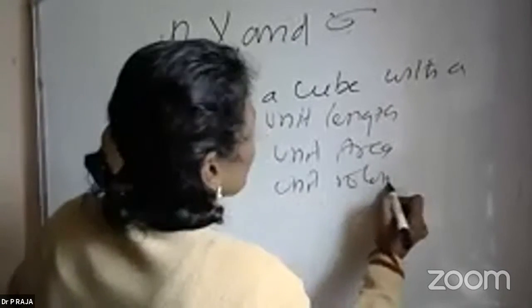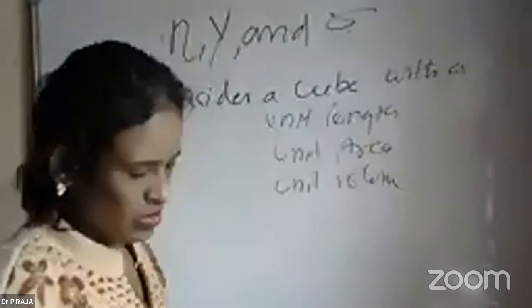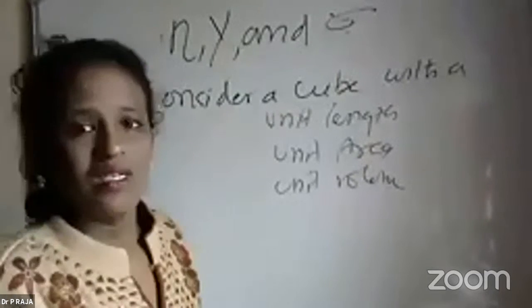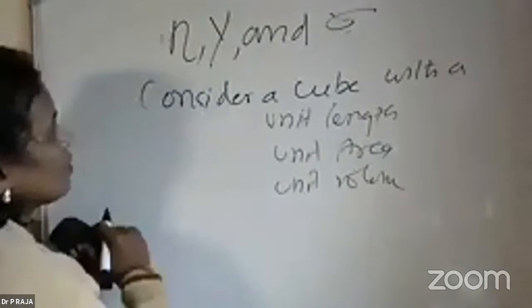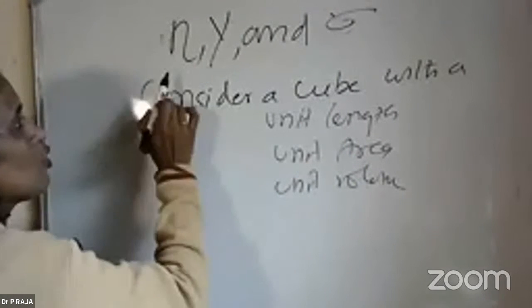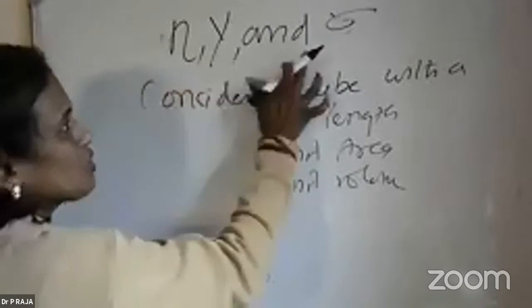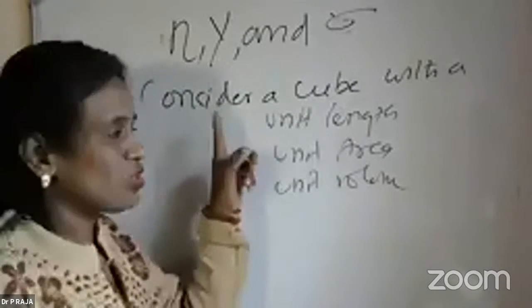We are not going to consider the bulk modulus here. Only the relationship between the modulus of rigidity, Young's modulus, and Poisson's ratio is going to be studied